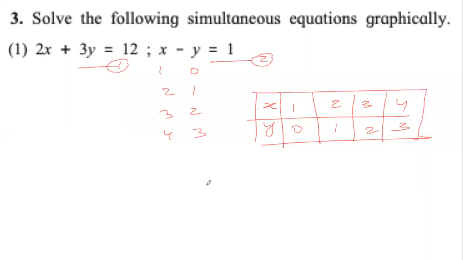If we have to show the algebraic proof of this, we can say x minus y equals 1. If you take this x to the right hand side, we have minus y equals 1 minus x. To remove this minus, we have to take the coefficient, which is minus 1. The minus y means the coefficient is minus 1, so we take this minus 1 to the right hand side. So this becomes 1 minus x by minus 1, which becomes x minus 1. Sign badal gaya.